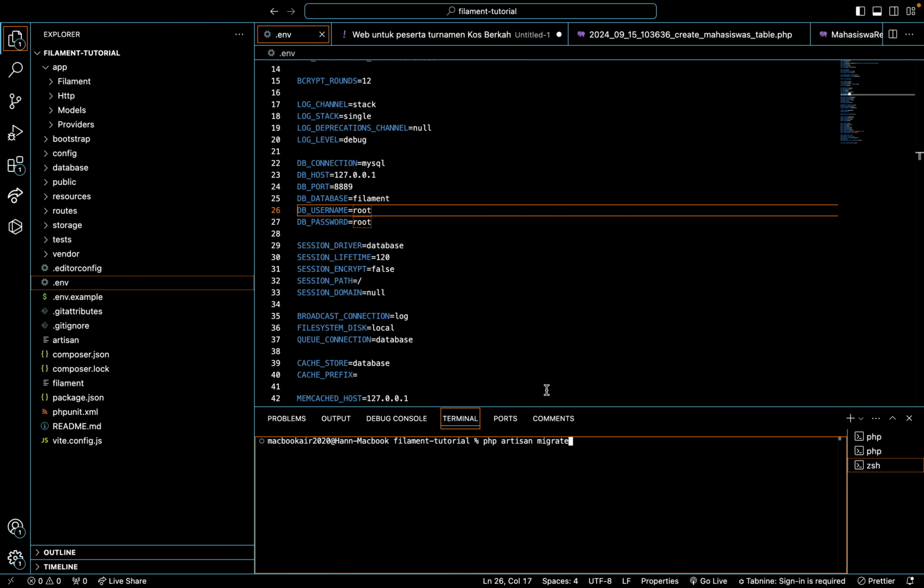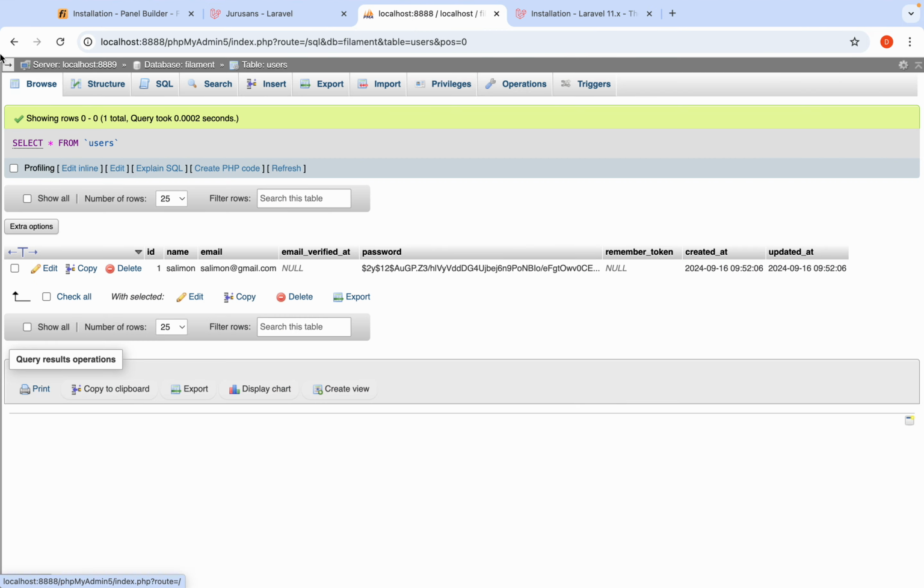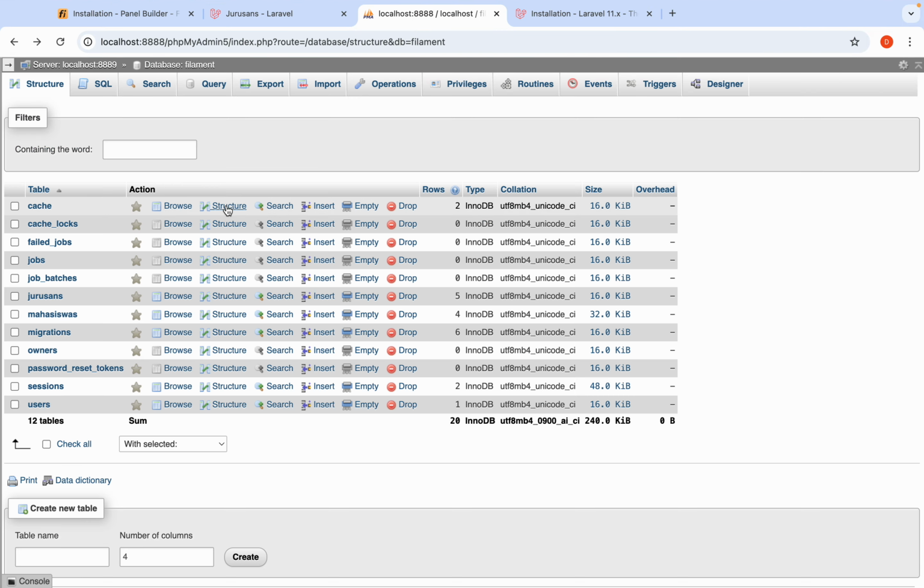After we enter php artisan migrate, the database will make many tables like this. You can see many tables with Laravel.